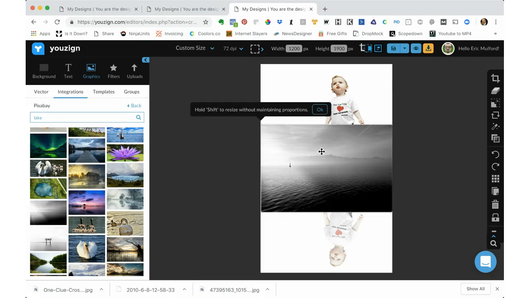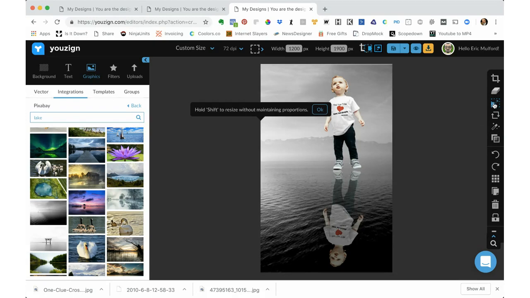Let's take this one right here, and we'll make that the background. Ha! What do you think about that? All right. Now, I've got a pretty decent looking reflection here. If I take that same thing I did before,